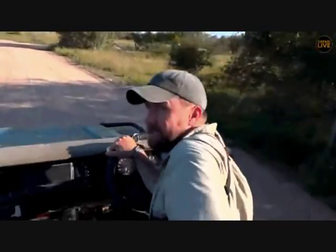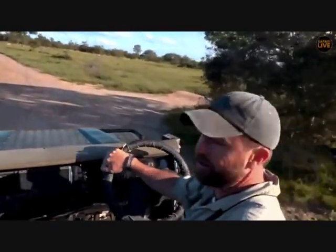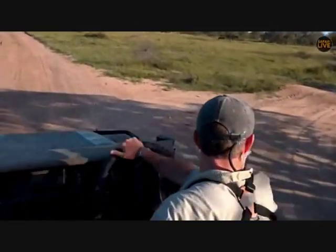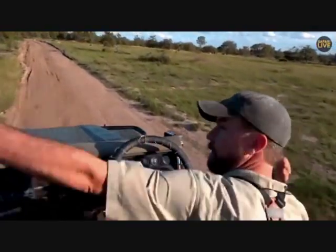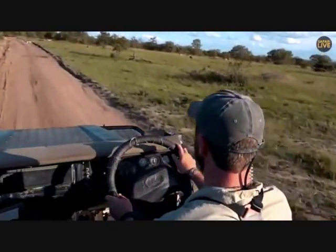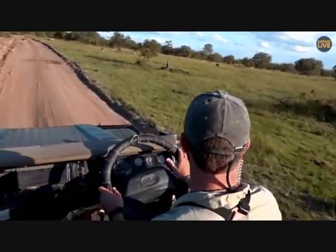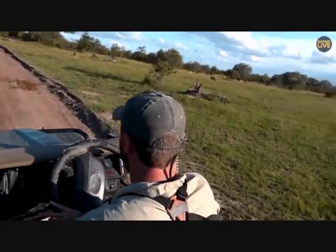We are on the move indeed, thanks Ralph. Not much to report. We found tracks of buffalo and elephants, but they all seem to have crossed south and north, in that order. Buffalo as well as the elephant. Buffalo going that way, elephant going that way. So nothing to report. We have found ourselves another herd of impala with a warthog with some birds on its